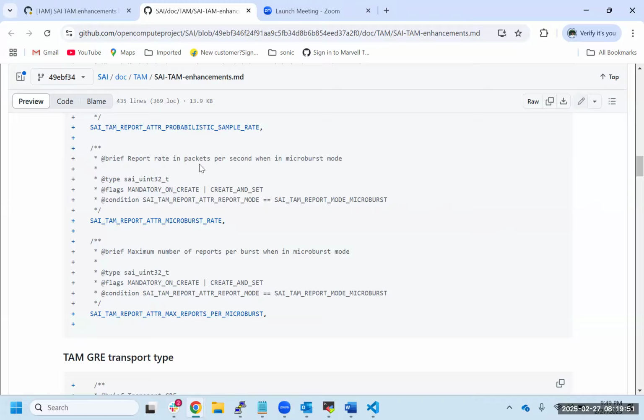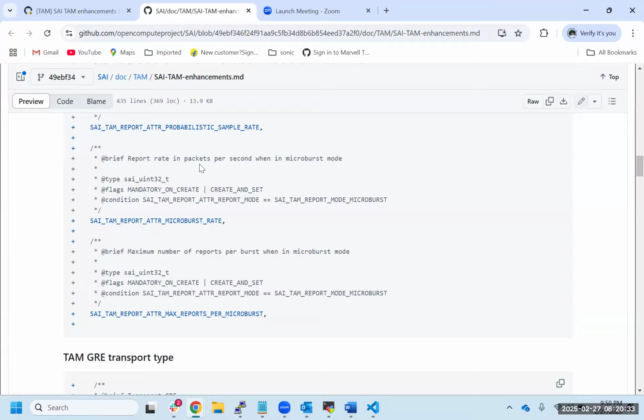The other way to look at it is to reason what we are trying to do. Today, probabilistic sampling helps me in the case when I don't want the load to overwhelm the collector, but there are only a few flows going around. If I sample, I will know all these flows. But what we are seeing with microburst is we want to know all the packets that cause the microburst together. Sampling doesn't work. At the same time, I don't want to keep on sending all the packets. Both don't work.